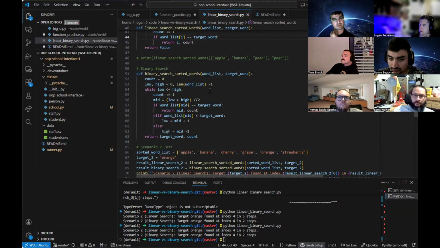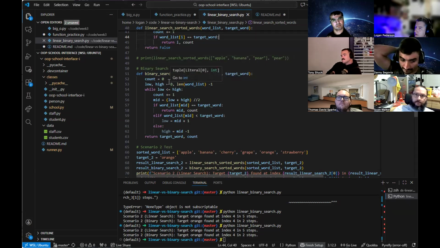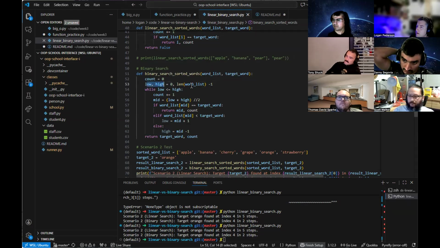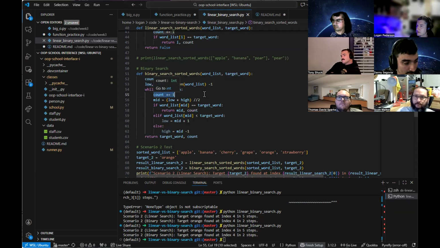Yeah, it's going to be similar to the last answer as well. Initialize my count, then I guess we're initializing the low and high and using a while loop. Again, putting the count outside the conditionals and just divide and conquer until one of these things is true and then return how many times that took. The one thing I didn't really get, so down here in my elif and else statements, we're resetting the values of low and high so that the next time it loops, it looks at the next section.